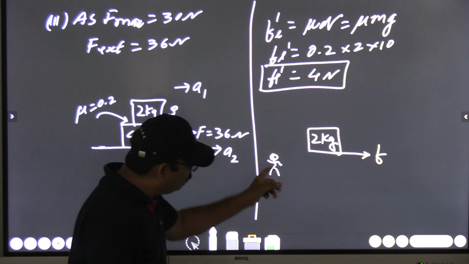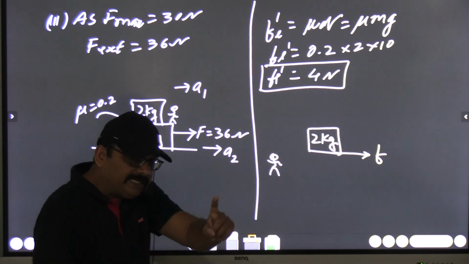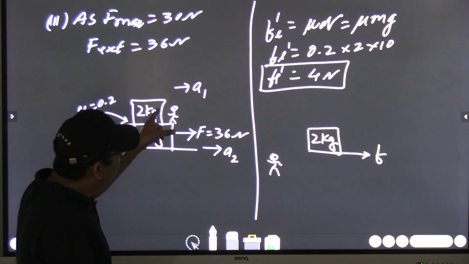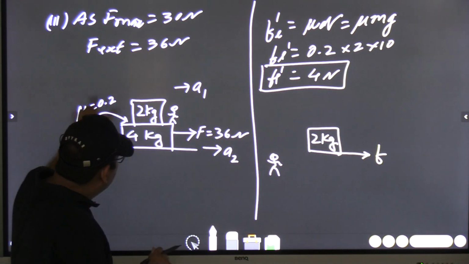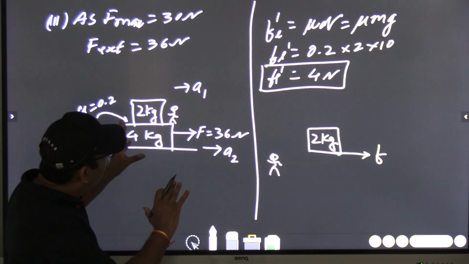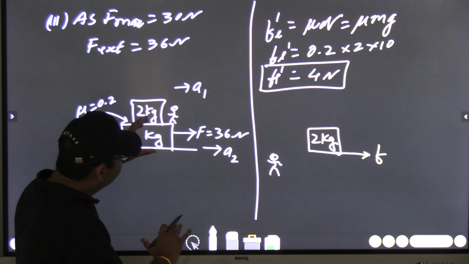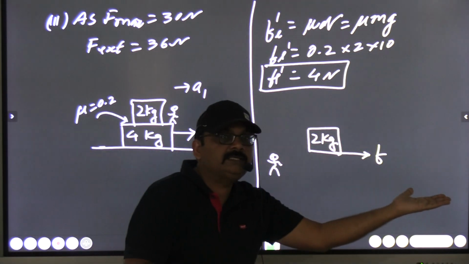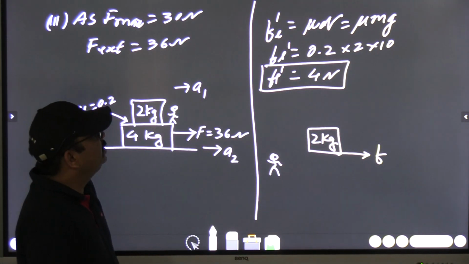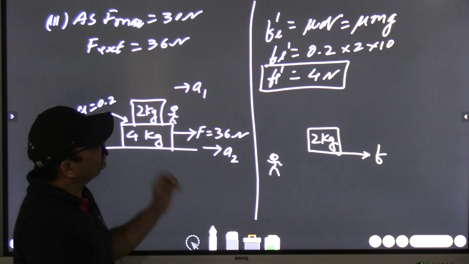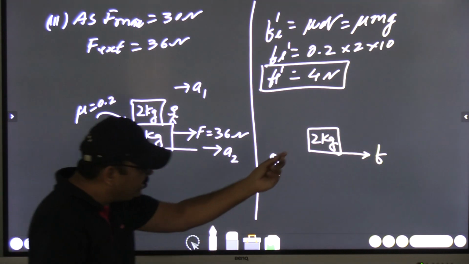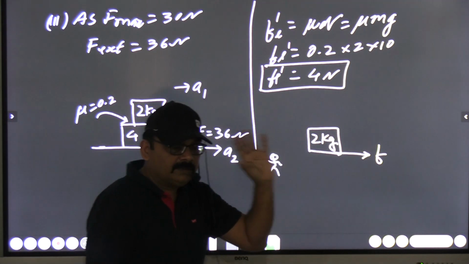So if the observer is on the ground, the direction of the acceleration of the upper block when the observer is standing on the lower block is in backward direction, but overall the upper body is on the lower body. The lower body is moving in this direction. So for an observer on the ground, the upper body is sliding in forward direction. With respect to the lower body, it is sliding in backward direction. You are getting my point.